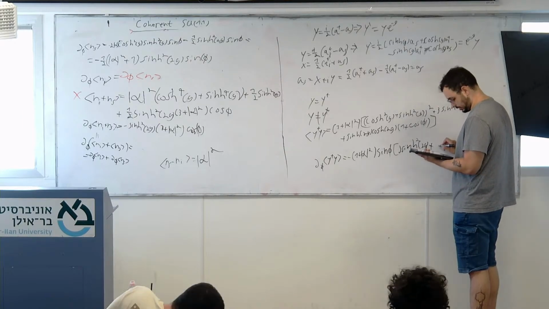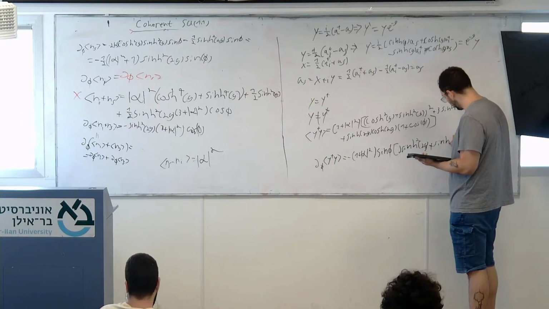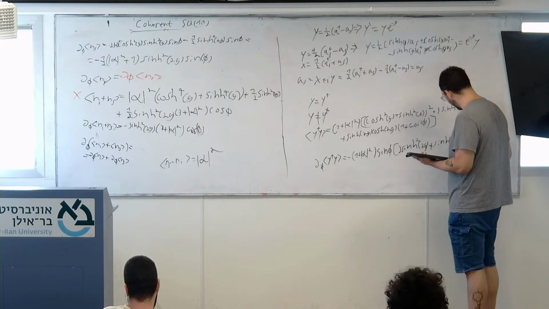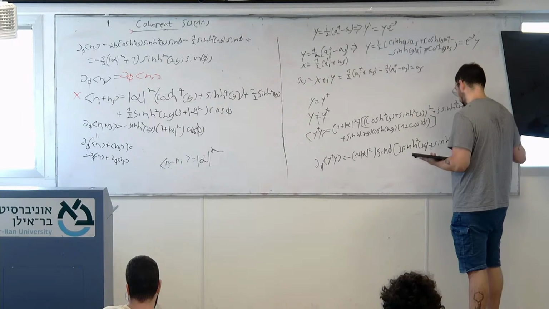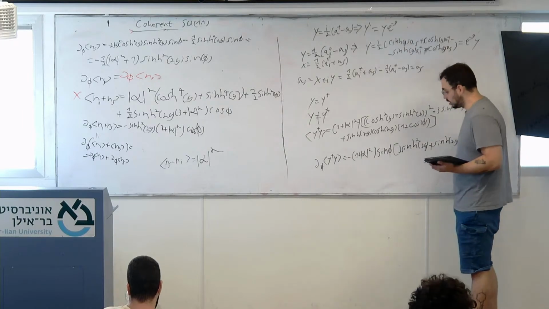Well, plus sinh 2g cos 2g. Right? We see